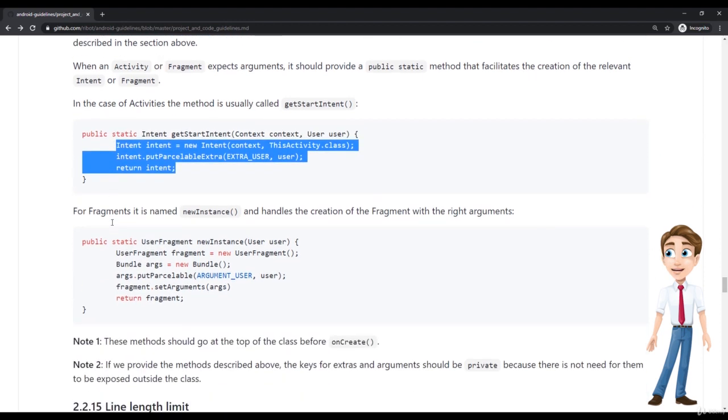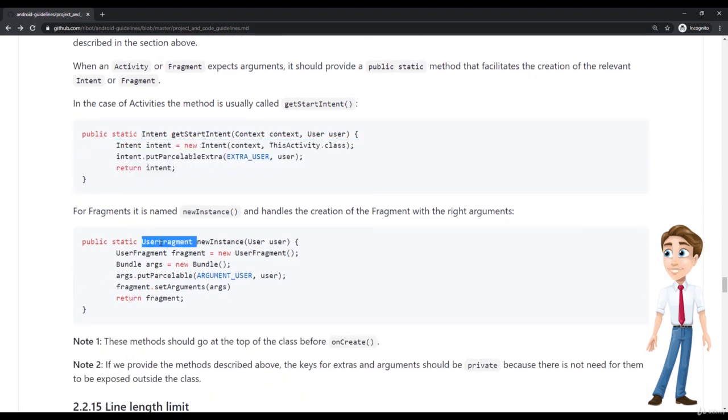Now, for fragments, it's pretty similar, but you also have an advantage. You can actually return an instance of the fragment. So what you can do is create in the fragment class a static method, like you can see here, called newInstance. I actually use this, it's really useful, and pass all the parameters that that fragment needs in order to display.